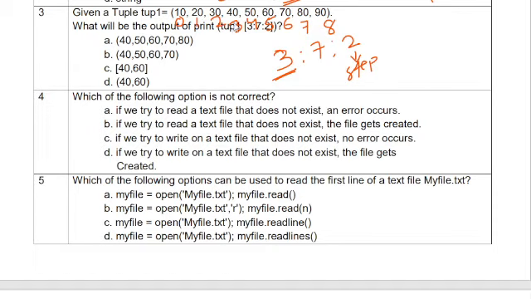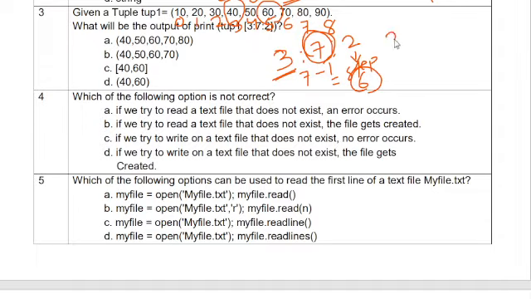Starting from 3 means we start from 40. Then every time one value will be skipped and the second value chosen. After 3, which one will come? 5, since 4 is skipped. Then 6, 7. We cannot take 7 because it goes to the last minus 1, 7 minus 1, that means 6.